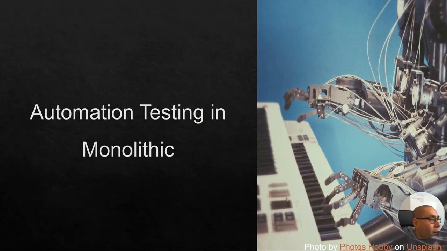The next part, we'll talk about how we did the automation testing in monolithic. If your organization is running a monolithic system, it's okay. But if you don't have automation testing, that is a problem. Developing the automation testing is the first step you should approach. So don't try microservices before you have the automation testing. And we'll talk about it in the next part. Okay, let's go back to part 2, automation testing in monolithic.